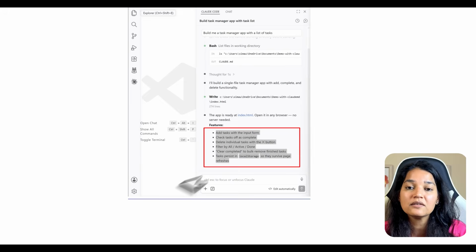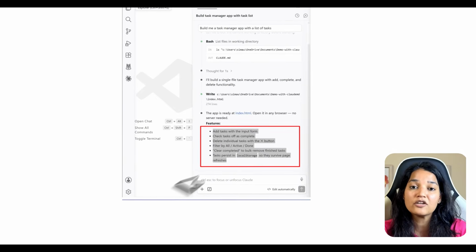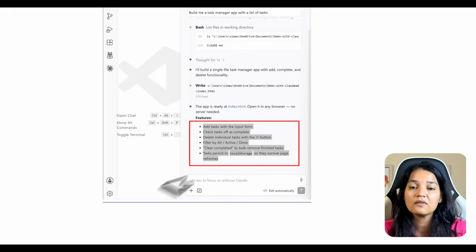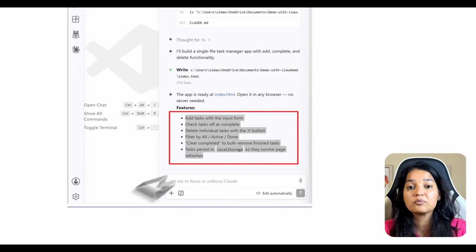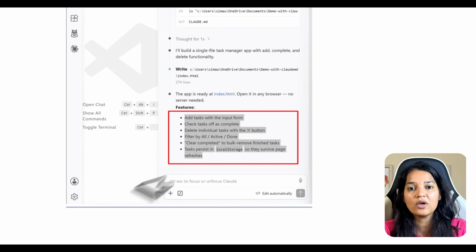It is basically the set of instructions that your agent will read in the beginning of the session. In here, you can add information about your project. You can also add some guidelines, and I've already given you a generic CLAUDE.md file that you can merge with